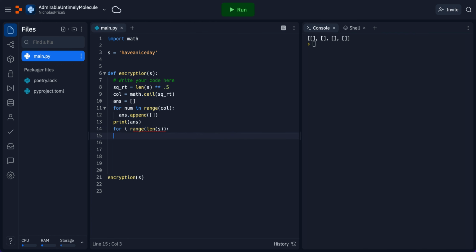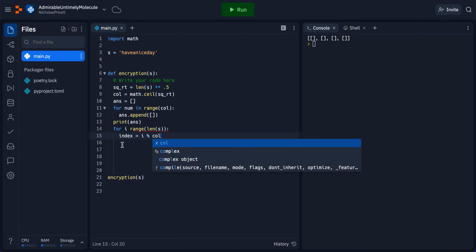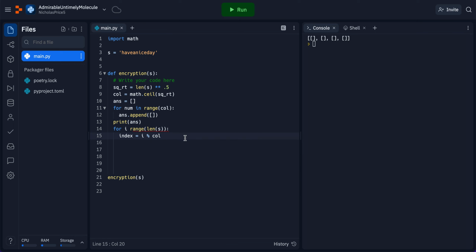And we can, let's set an index variable. Let's get this indented so it's inside of our loop. Let's set an index variable equal to I modulo call. So we have 4 columns, right? And a good way to add our characters to the proper subarrays is using the modulo feature, because what's actually